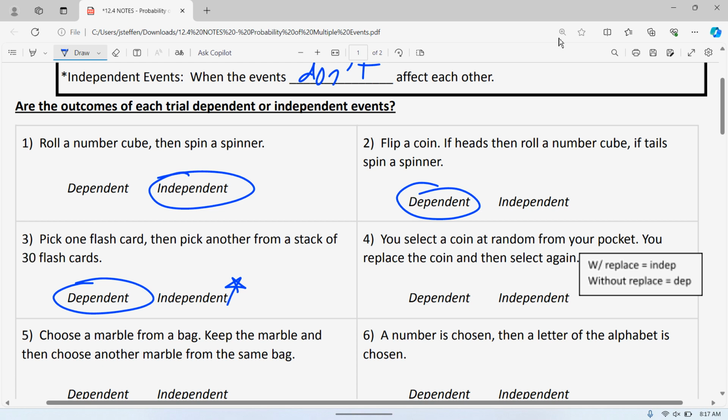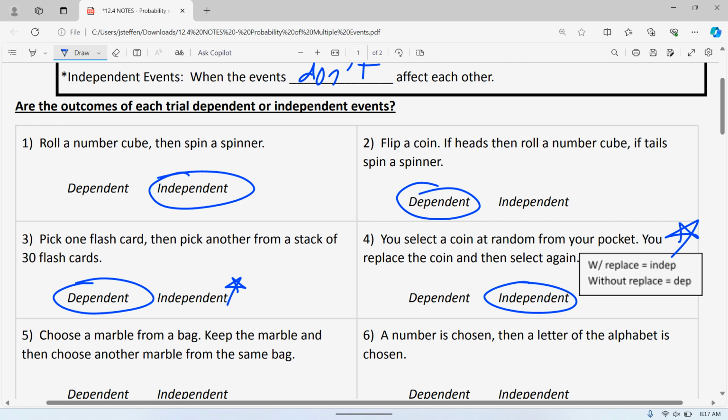So like number 4 says, you select a coin at random from your pocket, you replace the coin, and then select again. If you replace it, it is independent. So this little box there says a lot about those two examples. Now again, every time, if I ever replace it, if I ever put it back, I definitely always specify that. But again, I'm on a test. I don't want there to be any ambiguity. I don't want you guys to miss a problem just because you